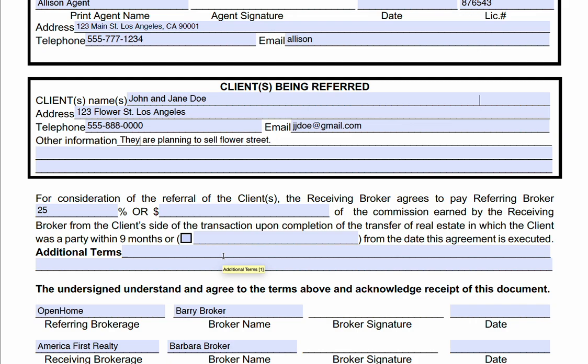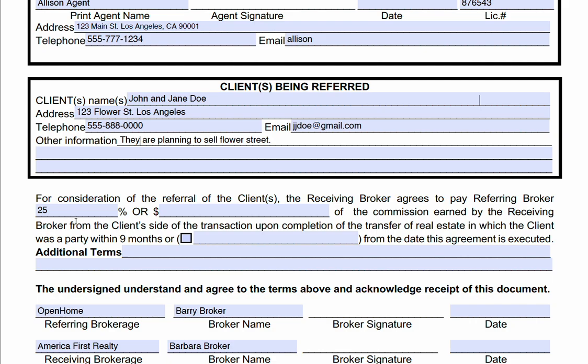Now, what is the referral fee? Well, I put the industry standard, which is basically 25%. Now, of course, this number is entirely negotiable. It can be 50%. I'm putting 25% because that's probably the most typical number you'll see. But it all depends on what the parties negotiate. It can also be a flat fee. So if you want, you could put a flat fee number here, and let's say 5,000, 10,000, whatever you want,